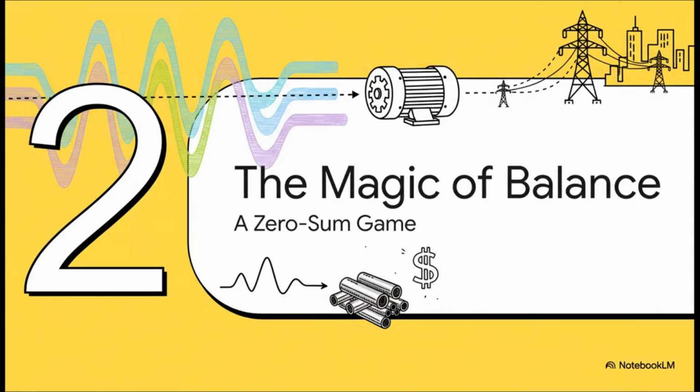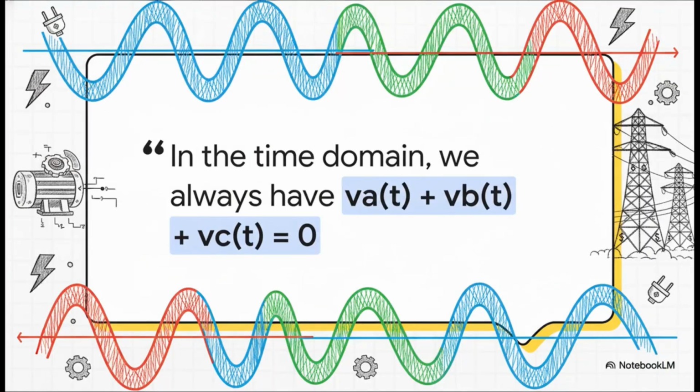So, this perfect 120-degree offset, it's not just for looks. It creates a mathematical property that is so profound, so powerful, it forms the backbone of our entire global electrical grid. And the property itself is, well, it's pretty wild. And there it is, the aha moment. Because those 3 waves are so perfectly offset, if you stop time at any single instant and add up their voltages, the total is always exactly 0. It's incredible. As one wave is peaking, the other 2 are in just the right negative spots to cancel it